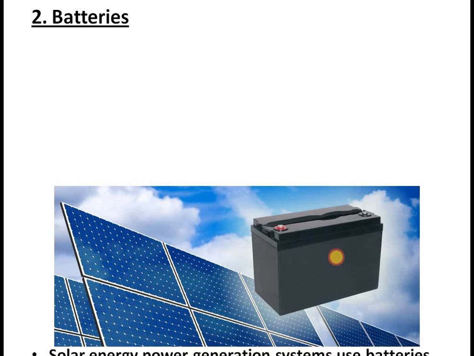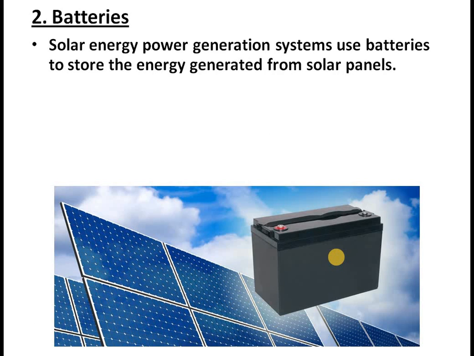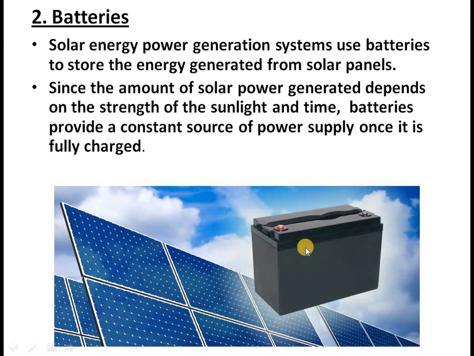So this is a battery. The battery is very important. Why is the battery required? Because only during daytime will you get solar energy. So during daytime, the energy is converted to electrical energy, and then it is stored in the battery in the form of chemical energy. During night time, you can convert this chemical energy back into electrical energy. That is the purpose of having a battery. Without a battery, you cannot operate a solar energy system throughout the day. If you have no battery, you can use it only in the daytime, so as and when electricity is generated, you can directly use it.